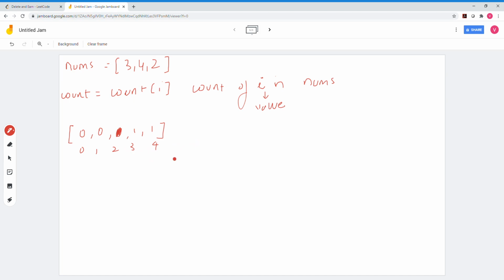Another concept which I would like to define is this: when we delete an element, let's say x, from nums, the number of points that we get is x times count of x, because on one deletion we would get x points, and if there are count of x copies of x, we would get x times count of x. This is a preliminary concept using the unitary method. So I think I have defined the prerequisites to solve this problem. Now let's get started with the approach.